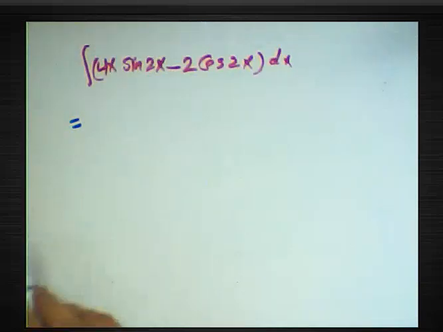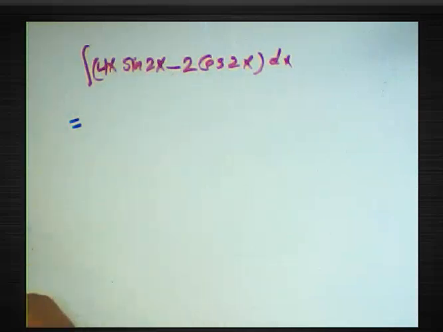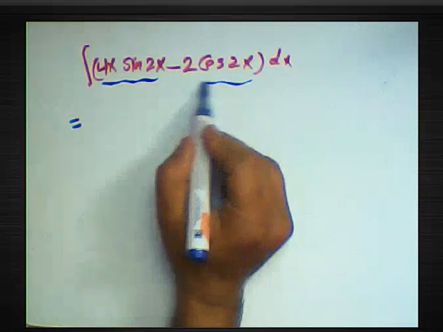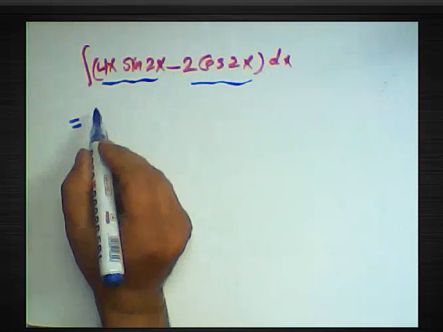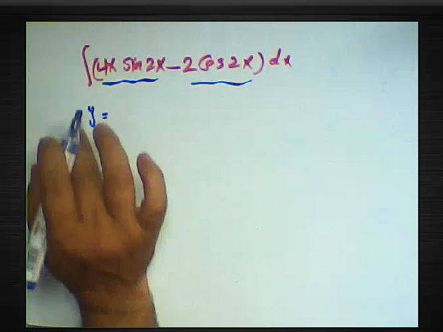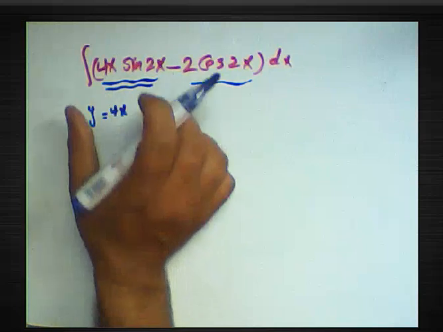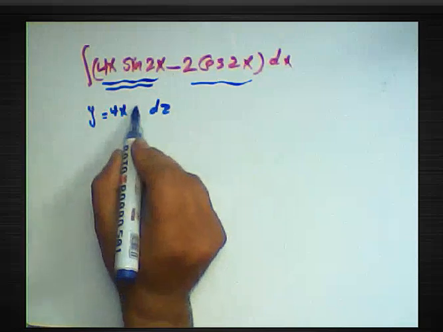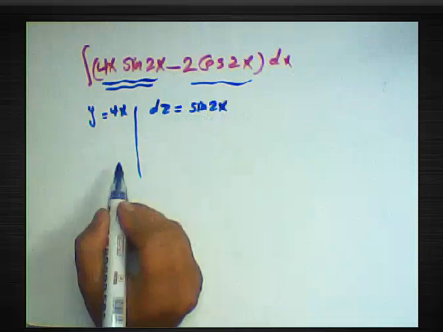Look at this example, integration of 4x sin 2x minus 2 cosine 2x dx equals what? We can determine two functions here, 4x sin 2x the first function, and for the second function we can use the first here like y. I will put y equal 4x, and dz this function. Okay, I'll solve this function in the first and second step. I will solve this function. Put here y equals 4x and dz equals sin 2x. Okay, and